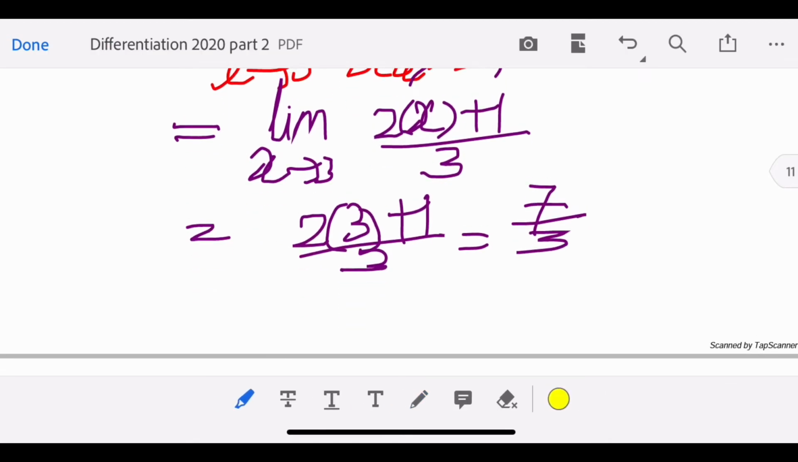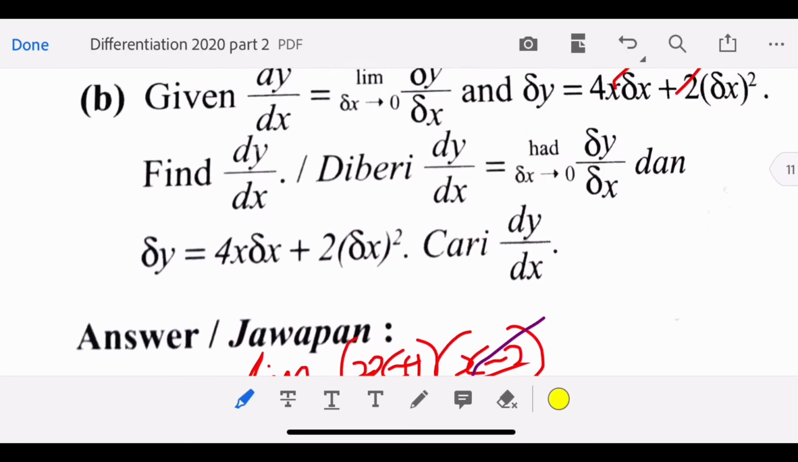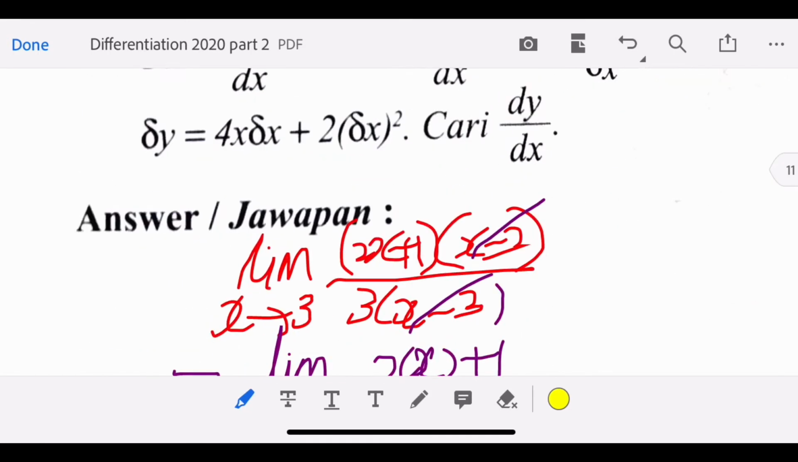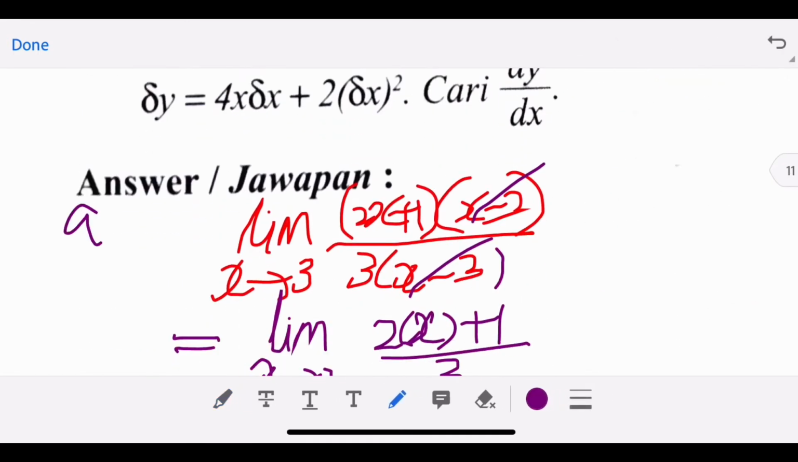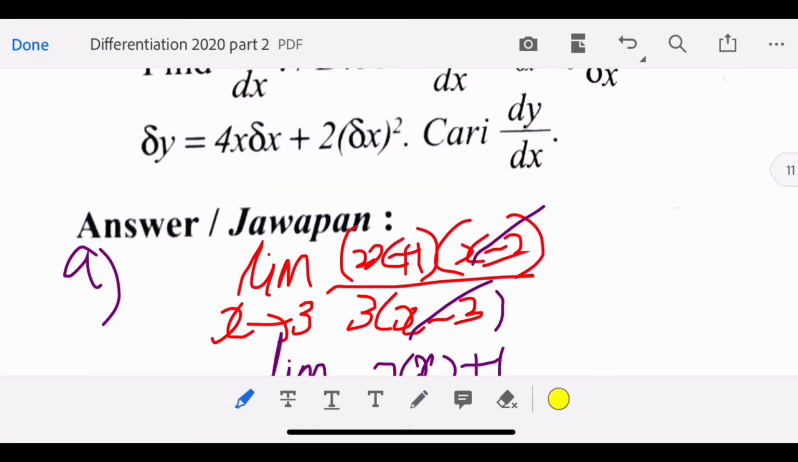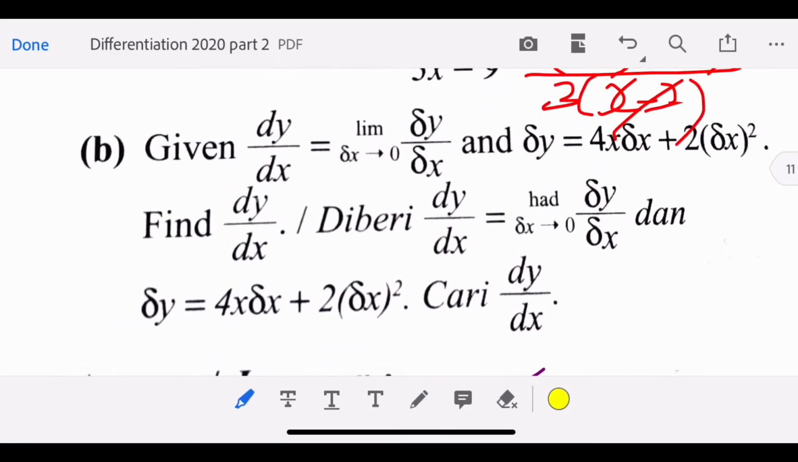Okay, clear? No problem? Easy, right, for limit? Just follow the steps. Factorize, simplify, substitute. Okay, settle. So our answer is 7 over 3. Now for B,